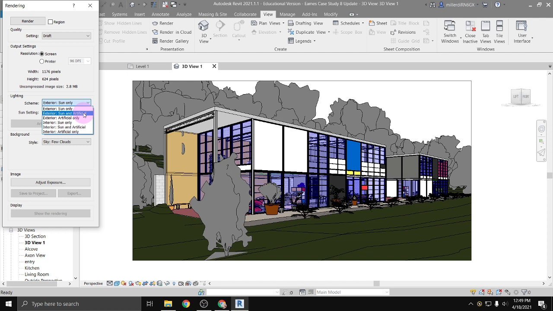It'll still take more time, but nothing's there. So don't run an artificial light rendering in there. I'm just going to do an exterior sun only. You can play around with the solar settings that I went over in the project, in some of the